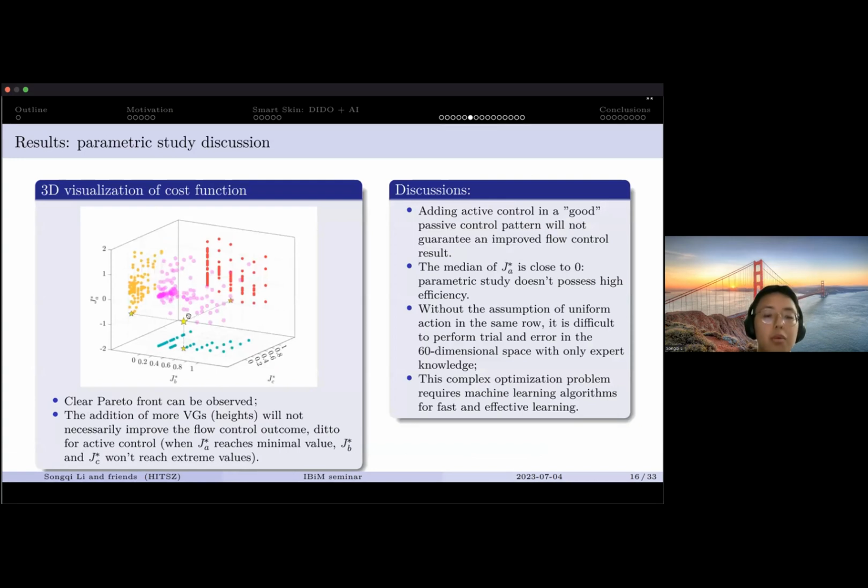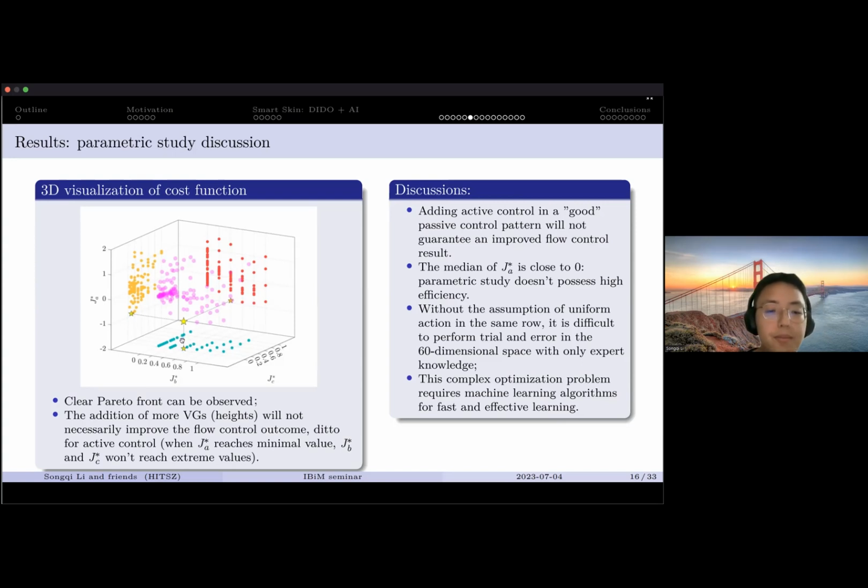And okay, the last thing we did for the parametric study is to visualize the cost function J_A, as well as the equivalent actuator height and the equivalent duty cycles, in a three-dimensional manner. And we can see a very clear Pareto front in this type of projection. This purple point represents the three-dimensional representation, and the ones on the side are the two-dimensional projections of these cases. And for the best case here, this is the best case and also its three projections,